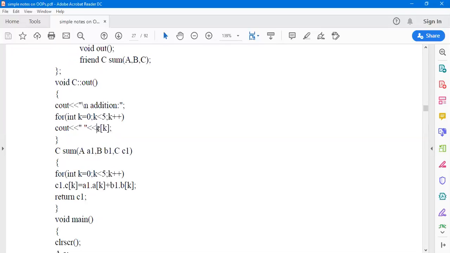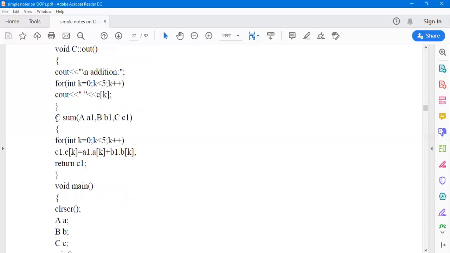Now what C is doing, it is now declared in the function sum. Now you will kindly note that sum is not requiring any scope resolution operator, because this friend function has a speciality that it is not a member function of any class. It is just a friend function being used to access the data members of that class. So ultimately we wanted the sum of the arrays A and B of the class members, small a and b arrays of the class members capital A and B respectively.